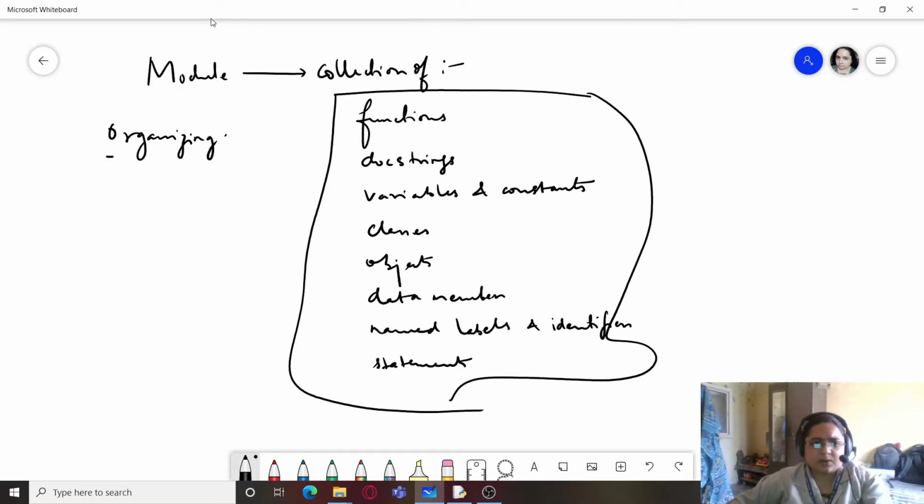Hence it helps in organizing, and not only that, it also helps in the reuse of code. Once written, it need not be rewritten again. It can be reused multiple times, and it can also be used for accepting input and providing output.